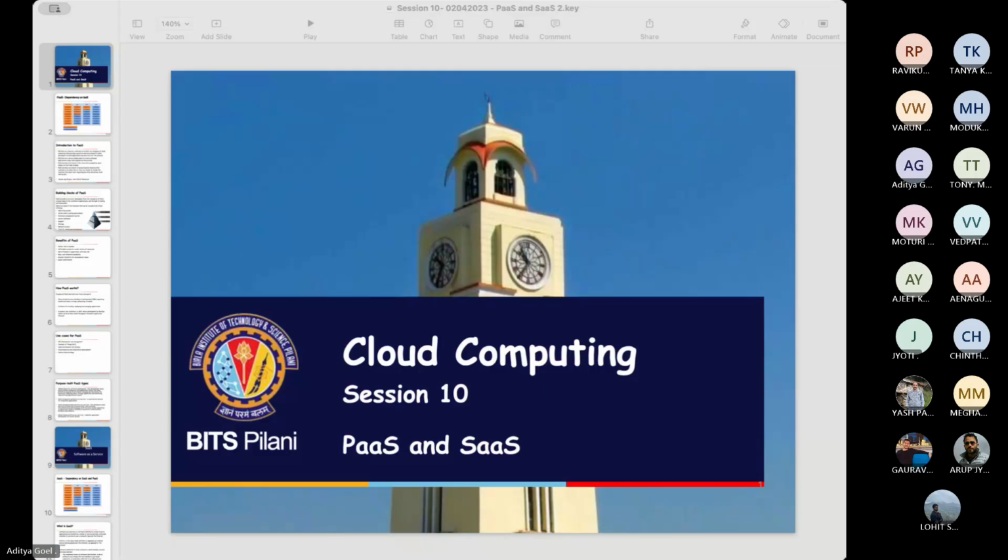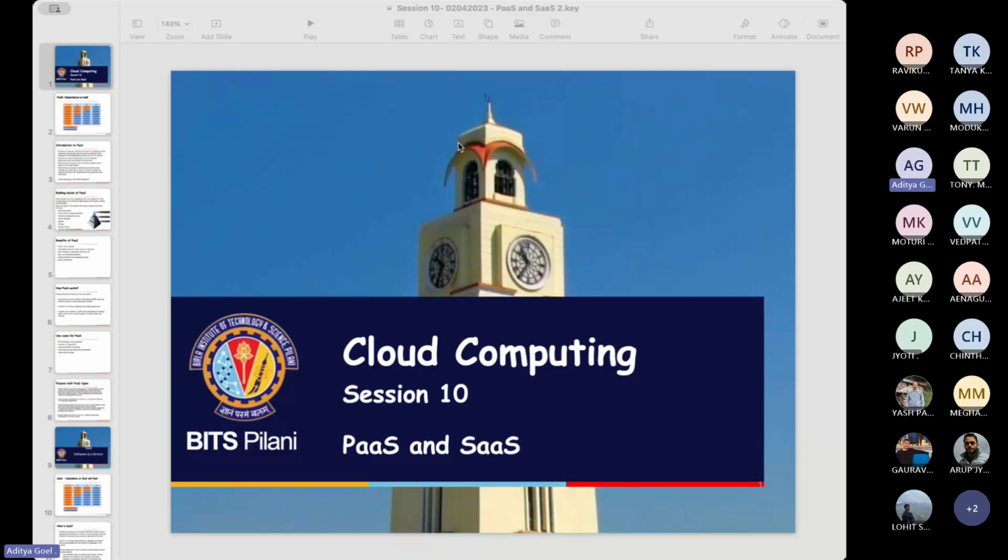So, guys, so far, what we discussed is more about infrastructure as a service. In today's class, I'm going to introduce you guys to platform as a service. So, basically, these are the two service models that we have. For the last three sessions or so, we saw quite in detail about infrastructure as a service, and